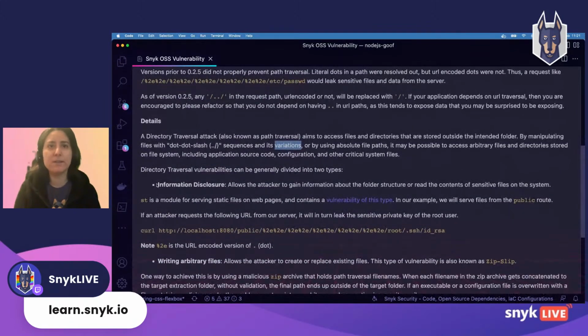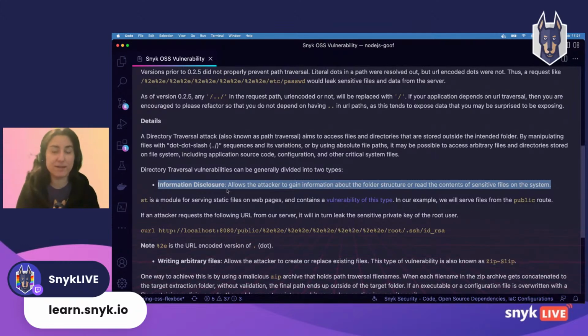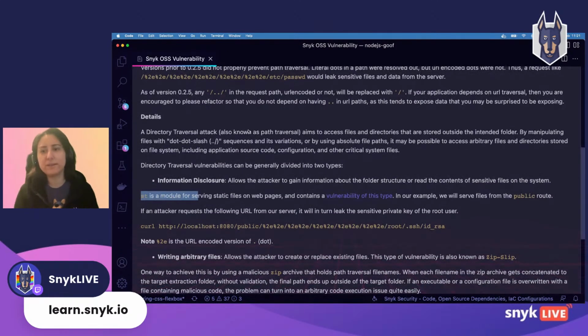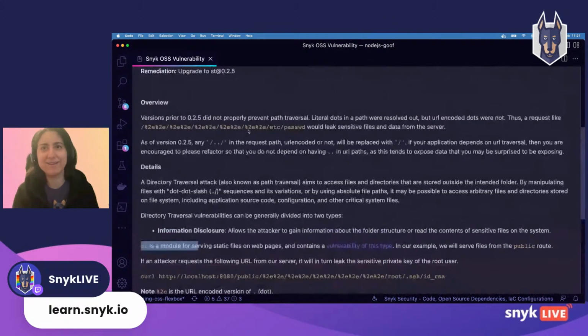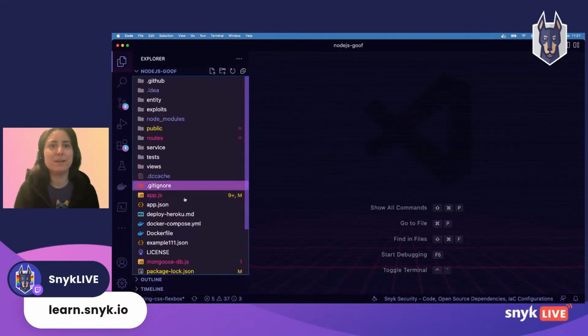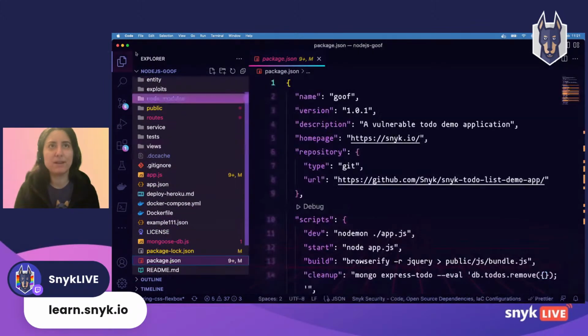And this leads to information disclosure. As we've seen, we did find some database credentials. And the st module for serving static files is known to have that vulnerability. Cool. So now that we have all of this context in mind, we want to fix this vulnerability, obviously, because I don't want it in my to-do list. So let's go back to the package.json and let's fix this.